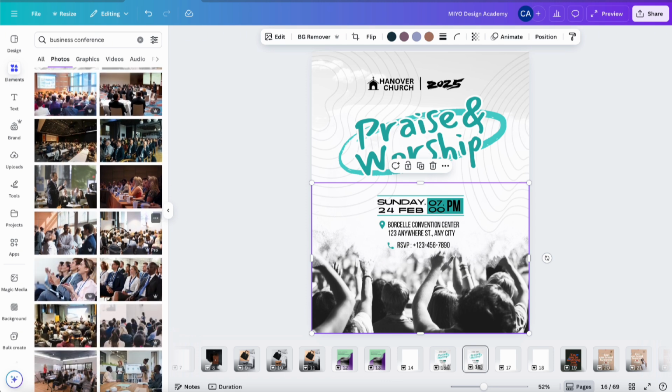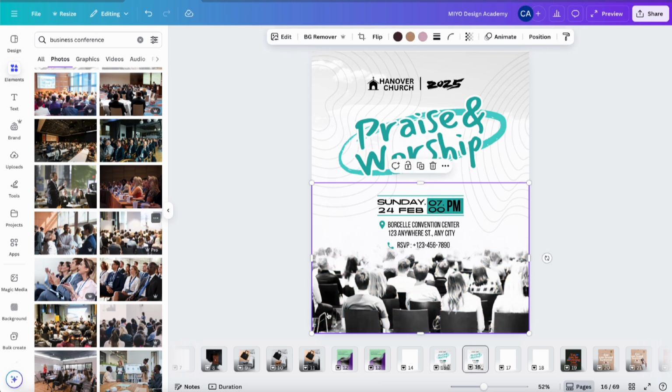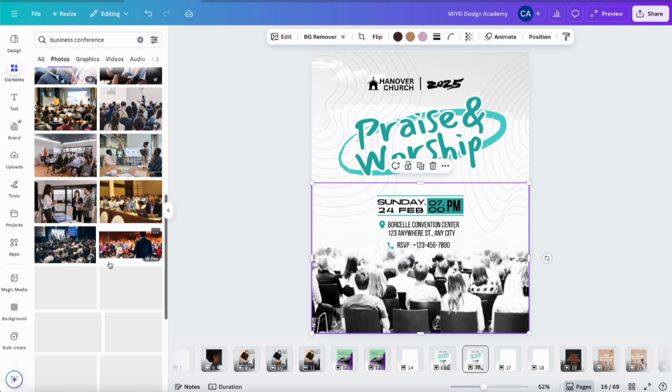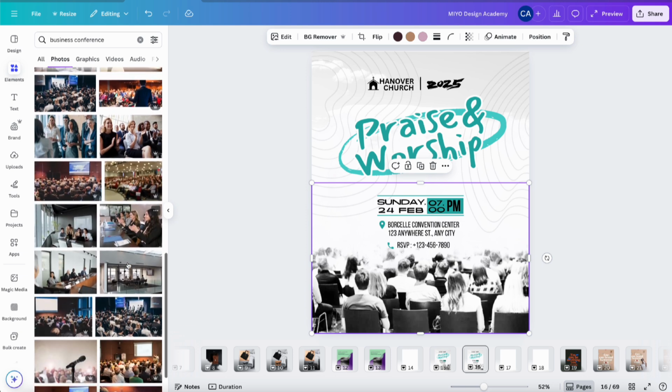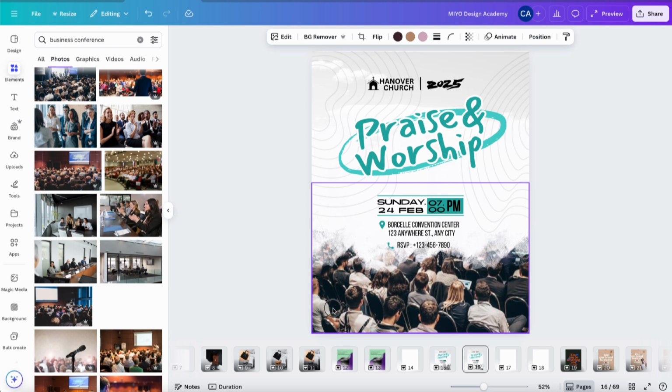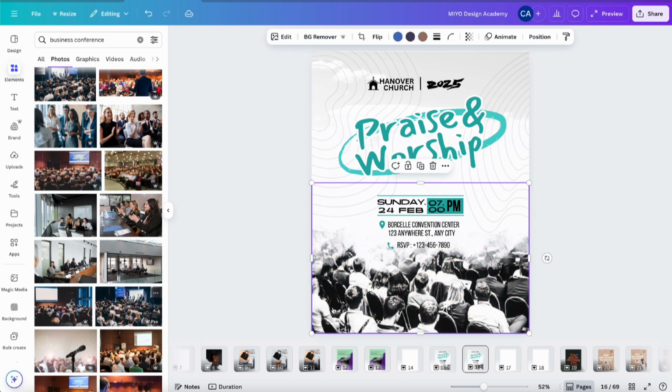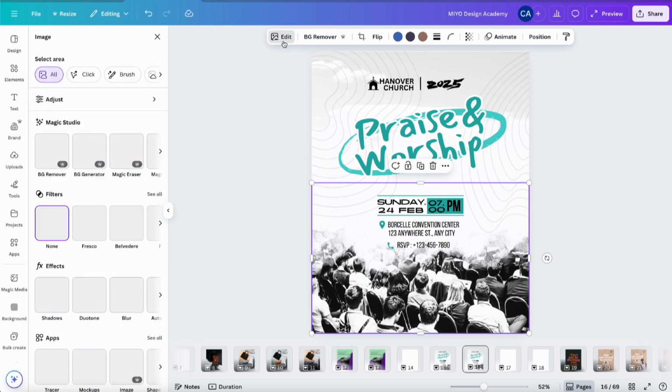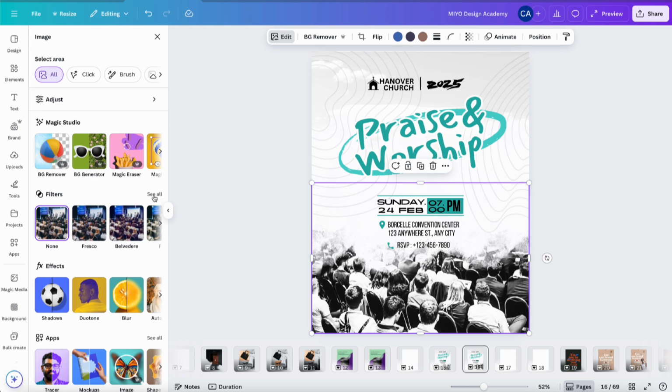All right, so something like this would work because you see the backs of people's heads. You don't want to focus too much on their faces. The back of the head means that you won't really get distracted by their features or what they're wearing and things like that. Now, another thing about this is because it has the black and white filter, it automatically goes to that. But you could also do a filter of your own,